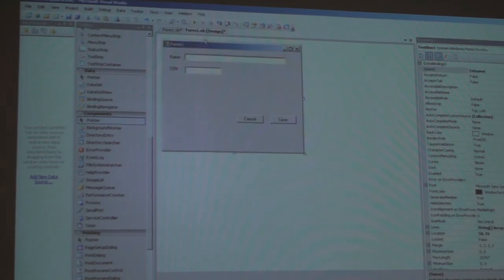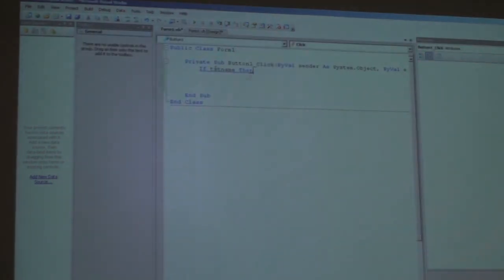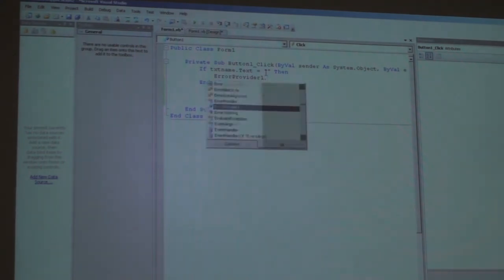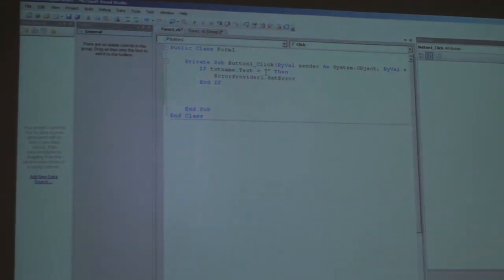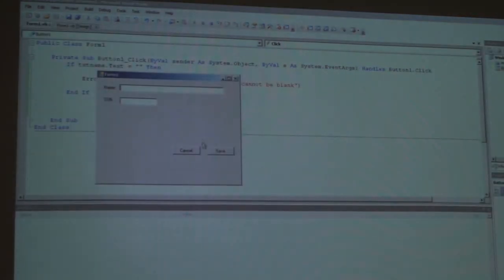If txt name dot text equals blank, that's bad. Then we can say error provider 1, which was the name of that object that I dragged over here, dot set error, and we can pass in the name of the control, and then we can say the name cannot be blank. So now when we click save,